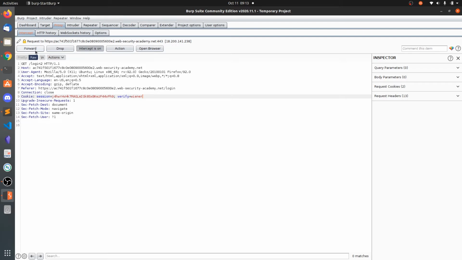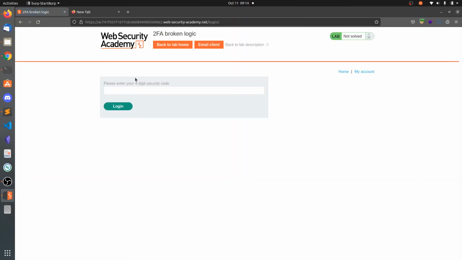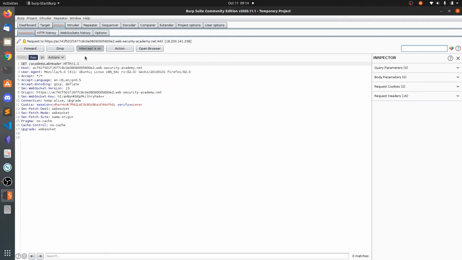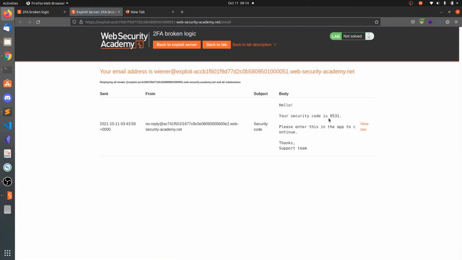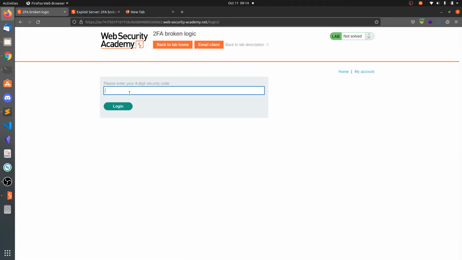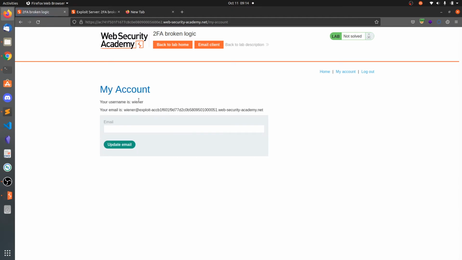So first let's get through this using the Wiener user, forward, and here you can see GET 4-digit security code. So you can access the email client and we have the security code 0531. Click on login and we'll be successfully logged into the Wiener user.